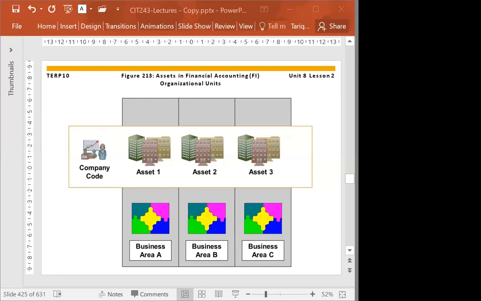For example, we have a photocopy machine that is a fixed asset, and that is also a cost center because we are purchasing the toners, we are purchasing the maintenance of that, we are purchasing the printer paper of that, we are having like electricity bill cost, we are having human resource cost on that photocopy machine. So all those costs we are collecting in a cost center.